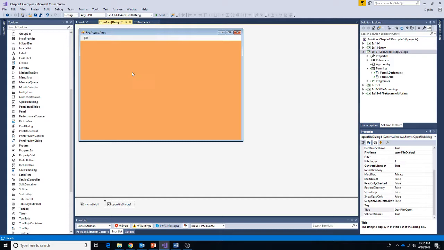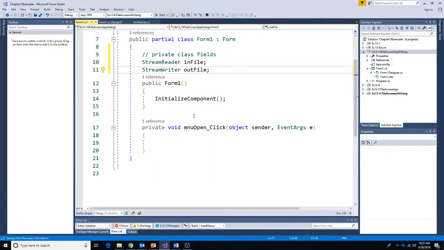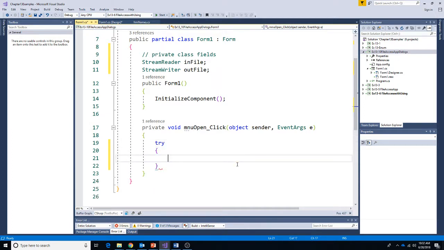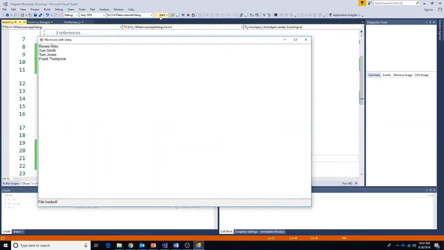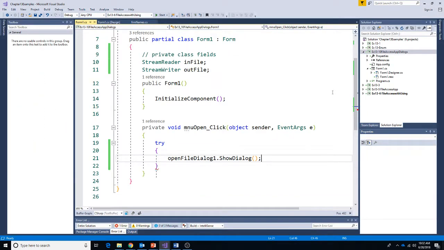All right, so to get back to my code to actually use that, I'm going to go to my menu open click event, and I'm going to embed this within a try. But the first thing I want to do is with my open file dialog, I want to show it. So let's run this and see what that looks like. Nope, it's mad at me, right? Let me fix some things here. First of all,